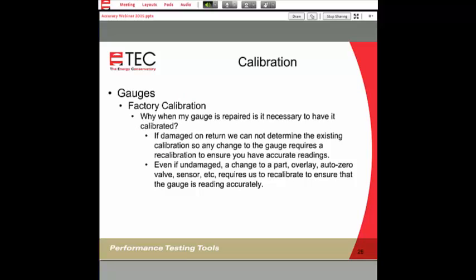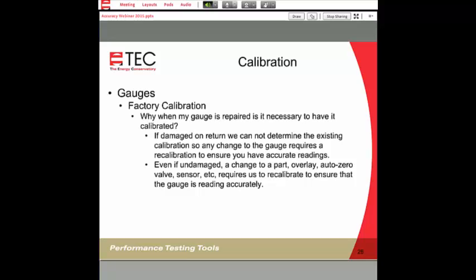Some people over time have asked us, why, when my gauge is repaired, is it necessary to have it calibrated? This relates to something I mentioned earlier: when a part is damaged, all of those various components, whether it's the display, an auto-zero valve, or something else in the circuitry, all have different values that go into creating the working device.